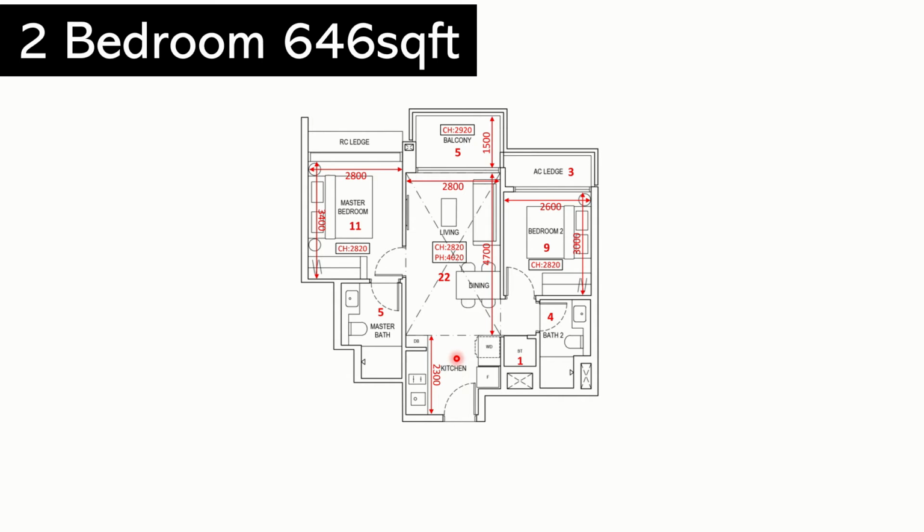So in this area you can't find something like that. At this kind of price quantum, it is very attractive. In District 15, maybe you can find something about 2 million for 2 bedroom, but this one is below 1.7 million. So I feel this is very easy for you to swallow, and also very easy for you to sell